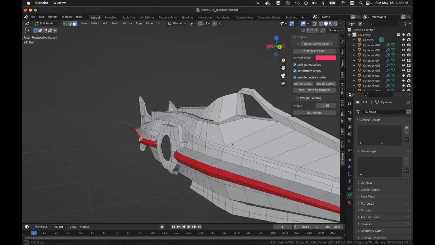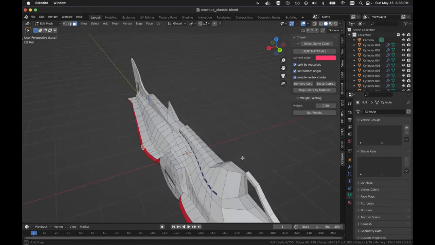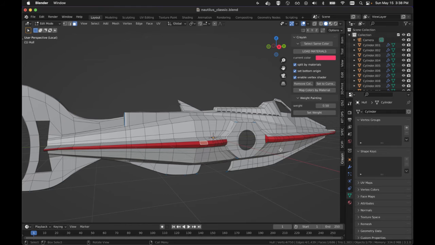So speaking of requested features, I'm working on a 2.0 version of Crayon. It will be weight painting, vertex painting, going both directions, so everything is going to get reworked. I'm going to keep in mind all of the original functionality, but if you have any requests for what's going